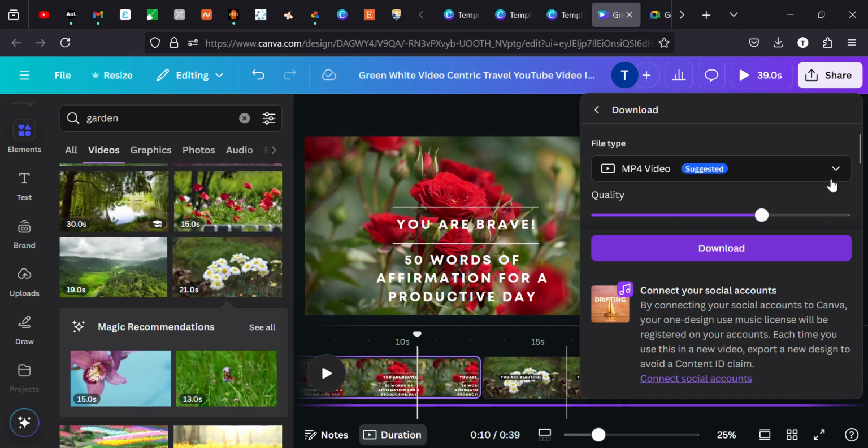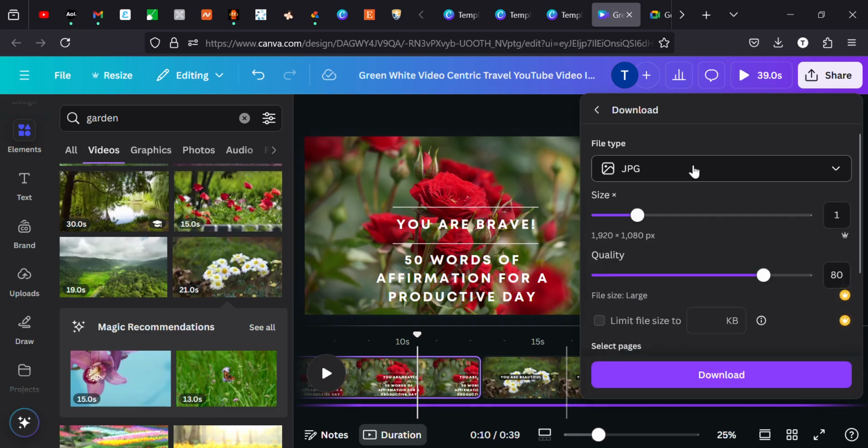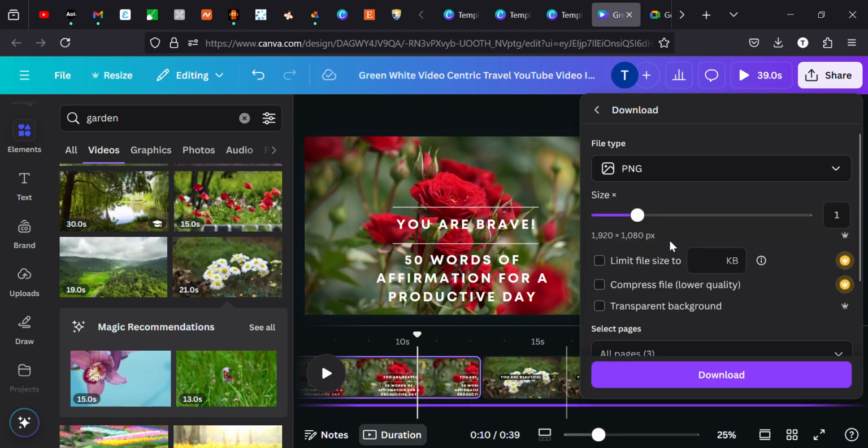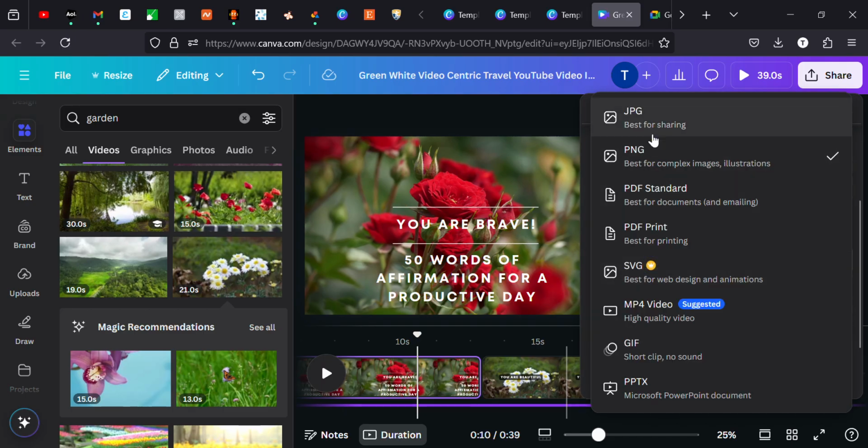Okay. And then when you click on download, you can see MP4 here. You're going to click on this and change it to JPG or PNG, whichever one. So let's just say you change it to PNG. And then you're going to go